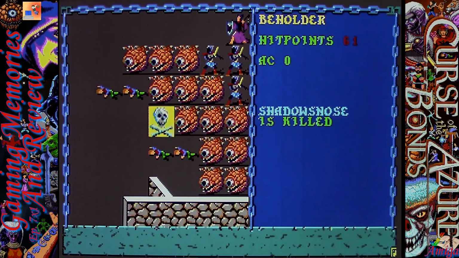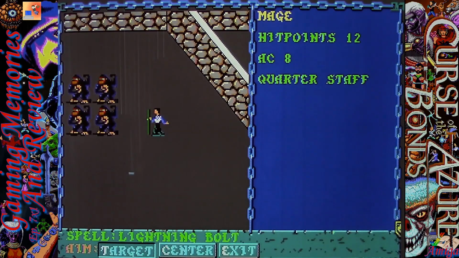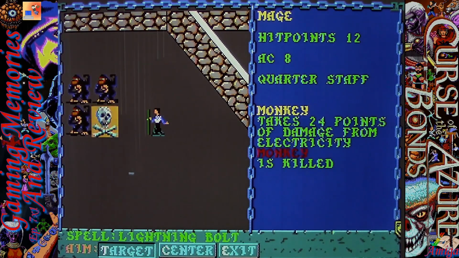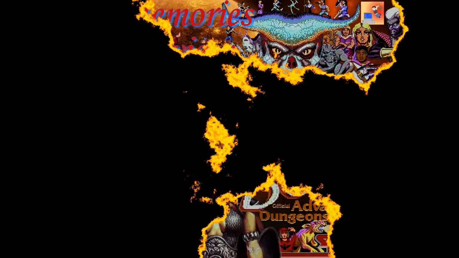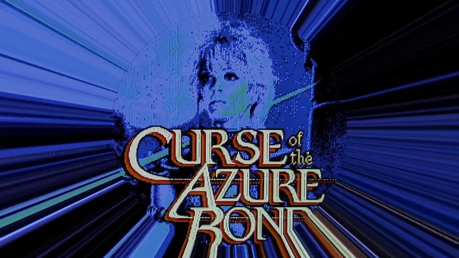Yep, it's a Gold Box game. Don't you know you're gonna shock the monkey? Shock the monkey! Originally released in the summer of 1989, I believe in July, simultaneously for the Commodore 64 and